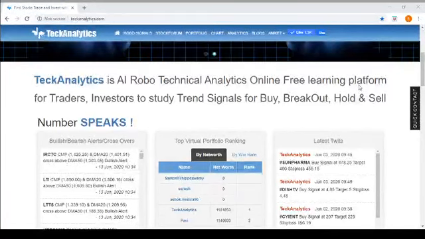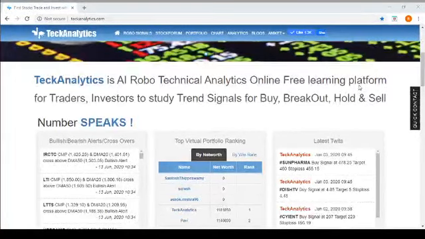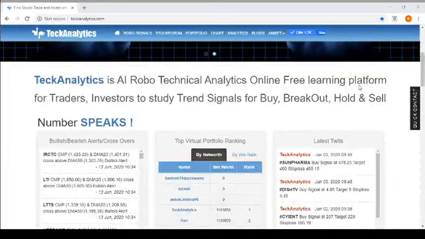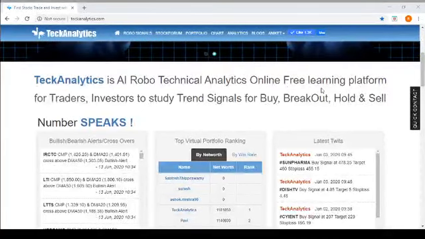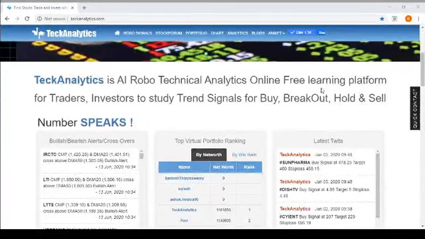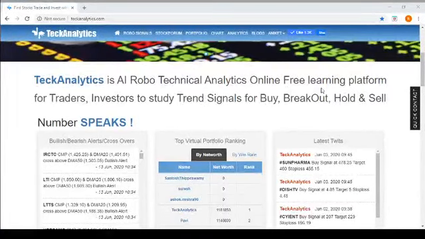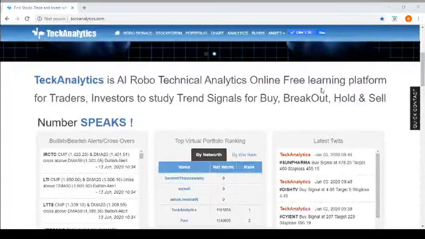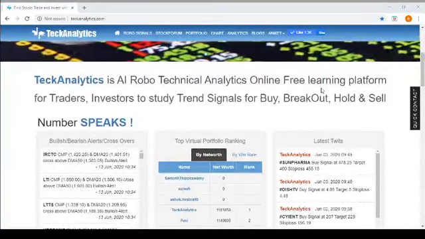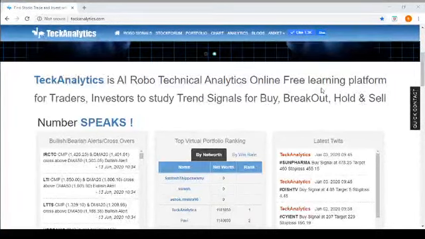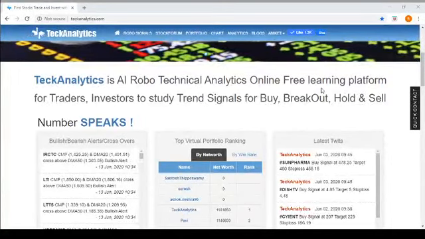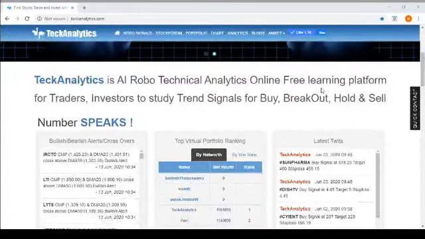So this session is primarily for the people who are new to the website and new to the stock trading concept. We will try to help them understand the stock market, and as a beginner you will only see in your login ID the buy signals generated from the software. We will see how to trade those buy signals as a learning process, and also how to place different types of orders in the virtual account.